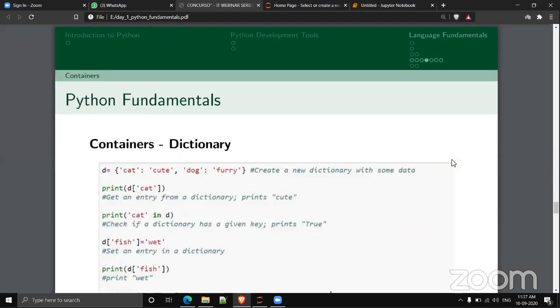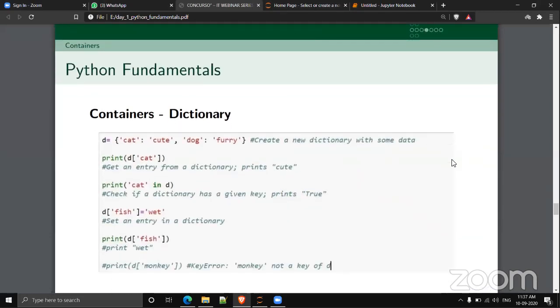Okay. So we are now into the next type of container called dictionary. It is very similar to the concept of named arrays or associative arrays in other programming languages. That is, instead of using integer indices, we are using a string as an index. Or simply we can call it a name-value pair.